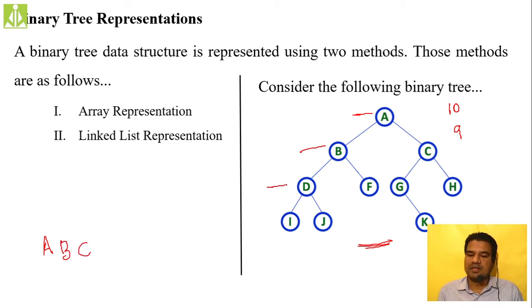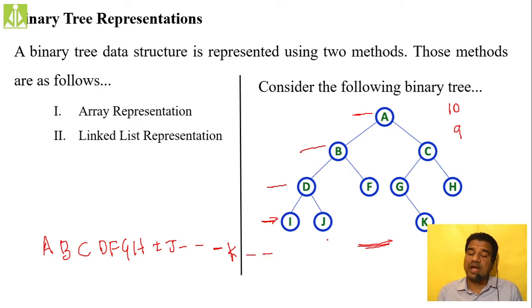Then we go to the next level. Then we have D, F, G, H. So store like that. D, F, G, H. Then again go to the next level, and at this level we have I, J. So store I, then J. Then for F, we don't have any left child, right child, so you represent that with hyphens. Left child we don't have, right child we don't have. Then for G, left child we don't have, so one more hyphen. Then we have K. And for H, we don't have any, so take two more hyphens.